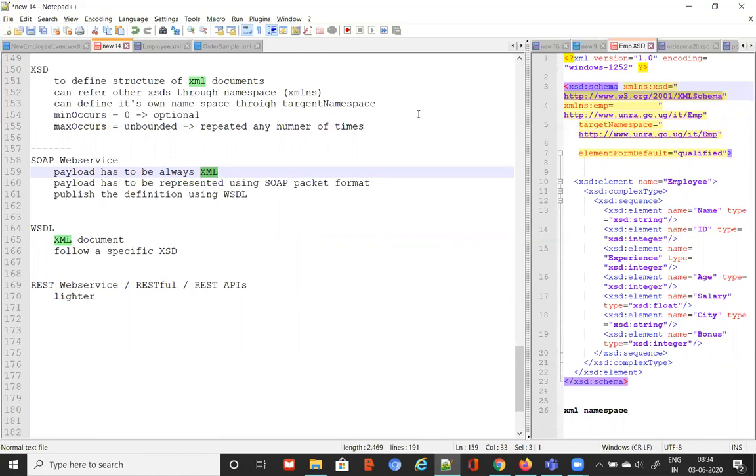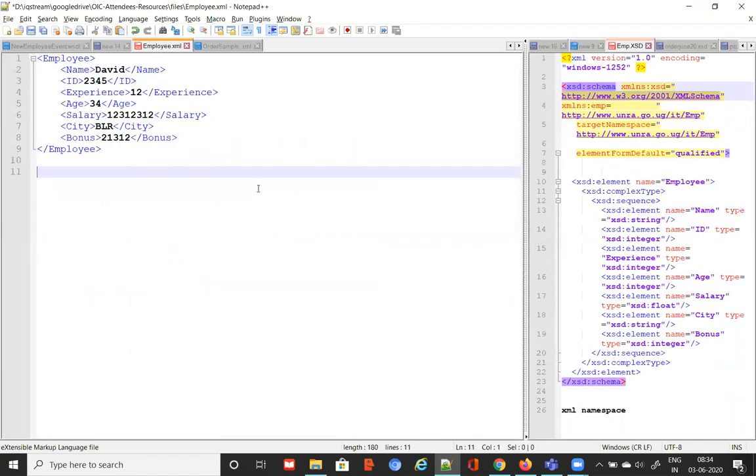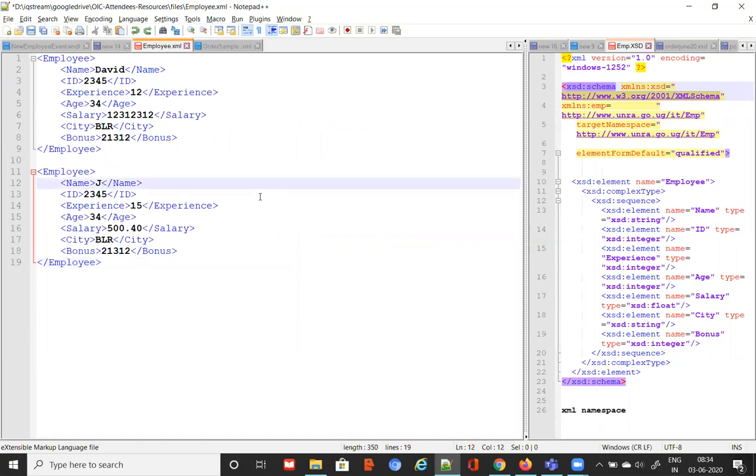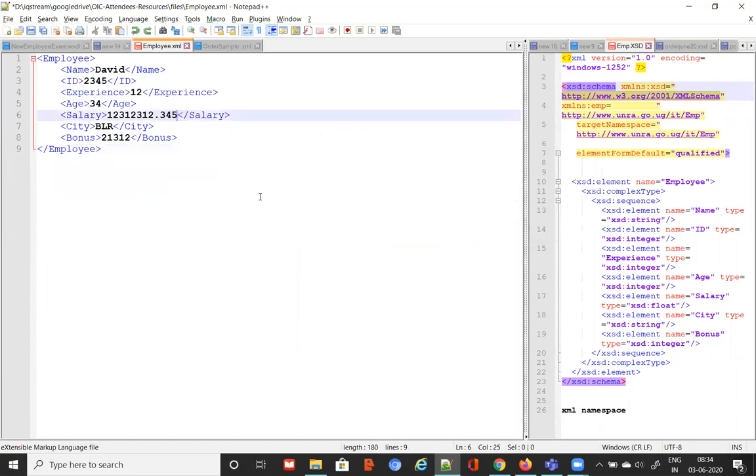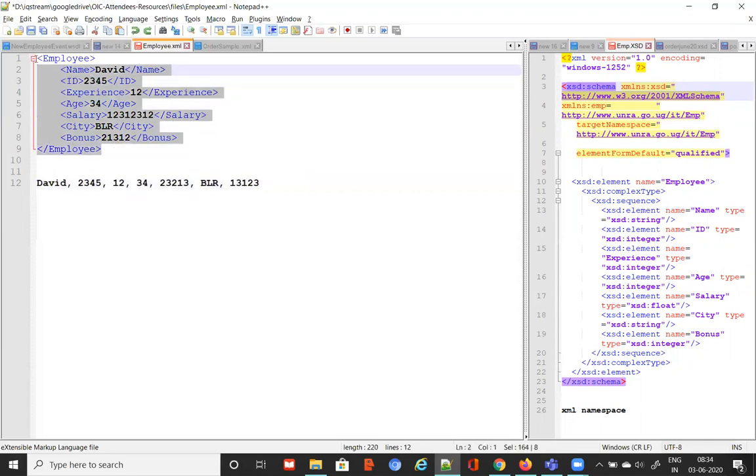For example, you take this XML. You can also represent it like this. If I can send the value like this, it is so lightweight, isn't it? Rather than representing it like this. One good example of why your SOAP is becoming heavy. SOAP web service is telling you your payload has to be in XML. The moment it becomes XML, your payload is becoming heavier. Okay, that's one reason. Not only that, it says it's not just XML, it has to be SOAP.